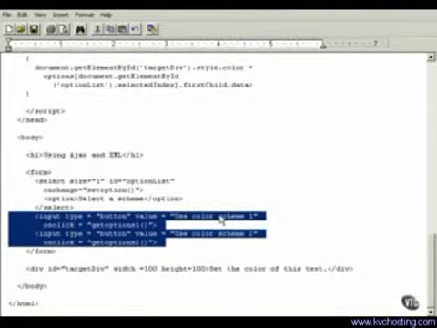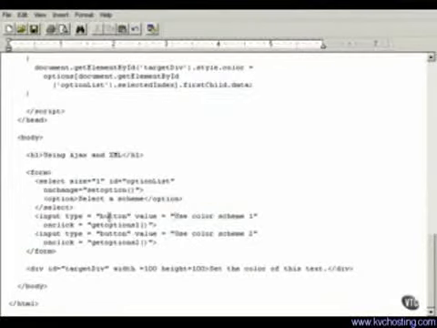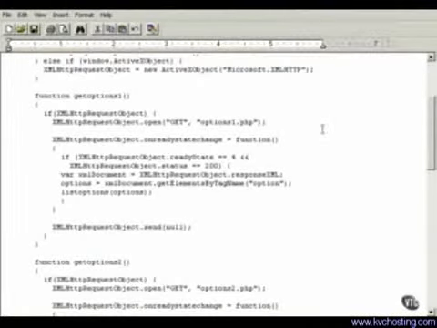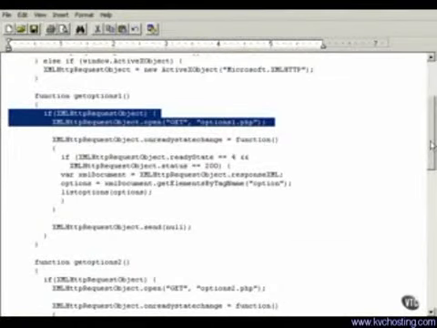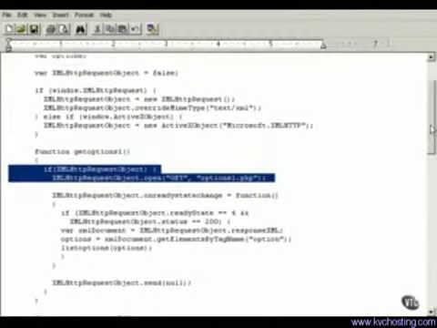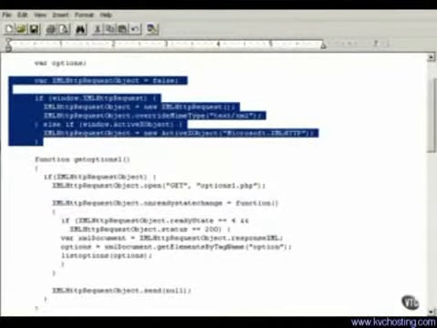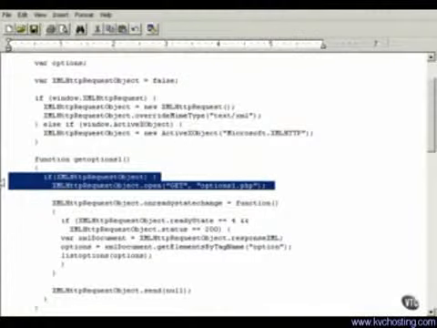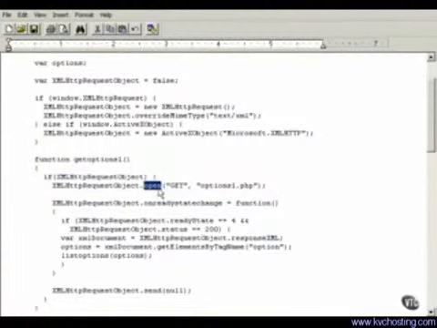If the user selects color scheme 1 and clicks the first button, then the get options 1 JavaScript function is called. Let's take a look at the get options 1 JavaScript function. Here, I'm going to check whether or not an XML HTTP request object has been created properly by the page when it first loaded. And if so, then I'm going to configure the XML HTTP request object to open the